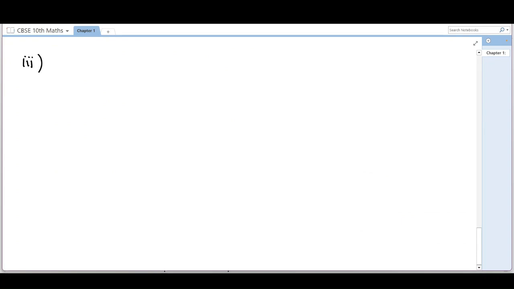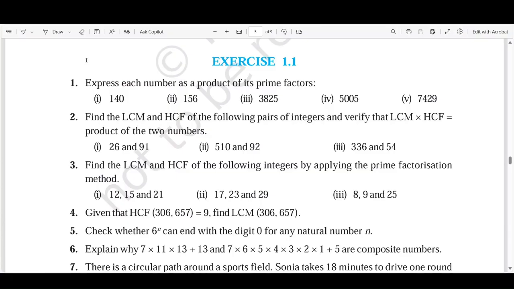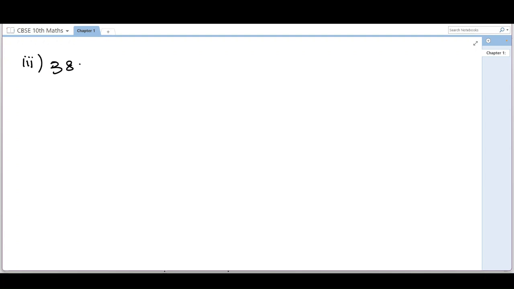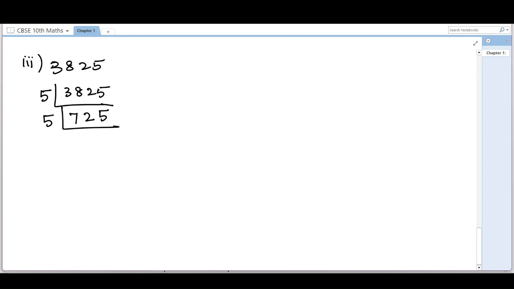Question number 3, 3825. Since I have 5 as the last digit, I am going to start with 5. If you have the last digit to be 5 or 0, you can choose 5. So by dividing it by 5, I will get 7, 2, 5. Again, if I divide by 5, I will get